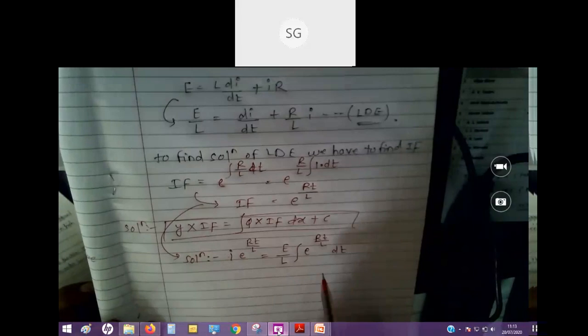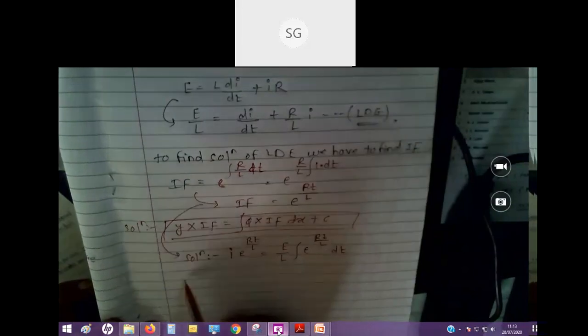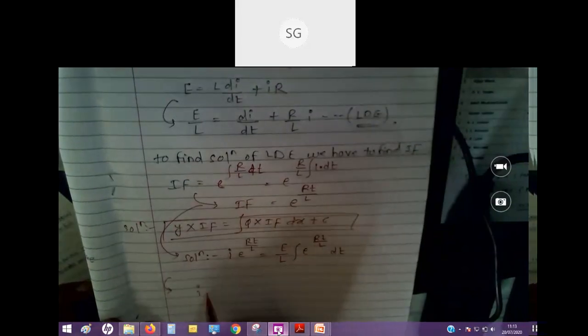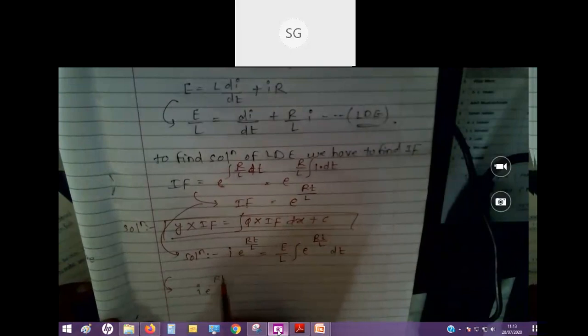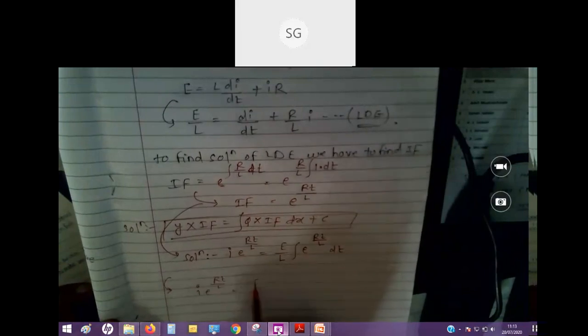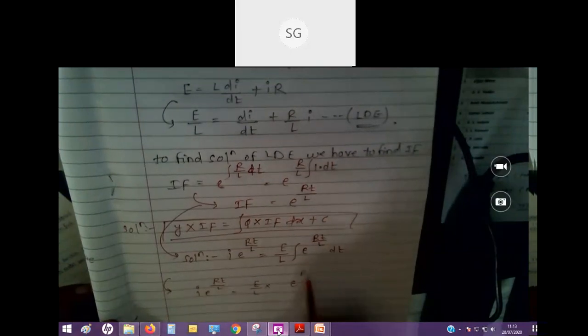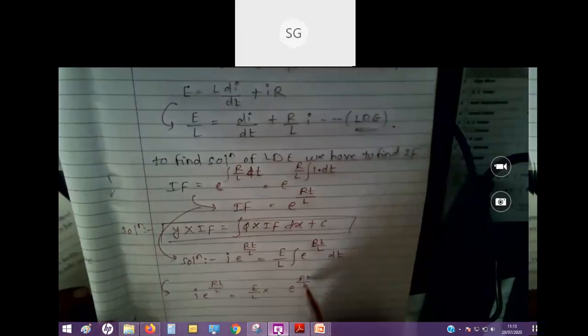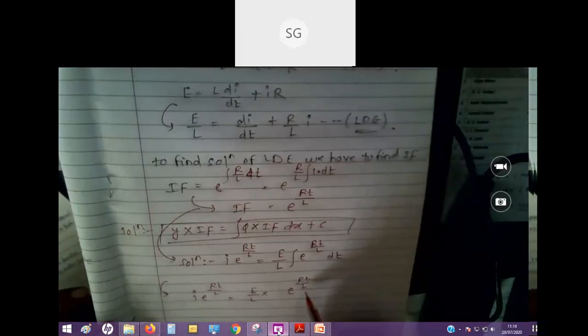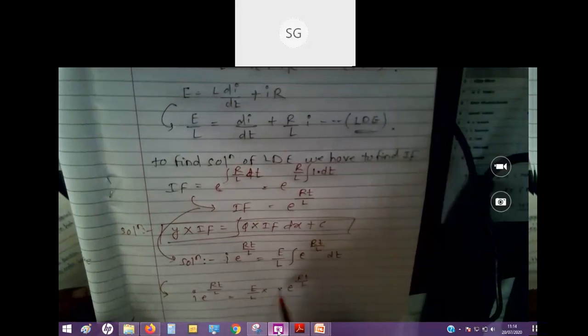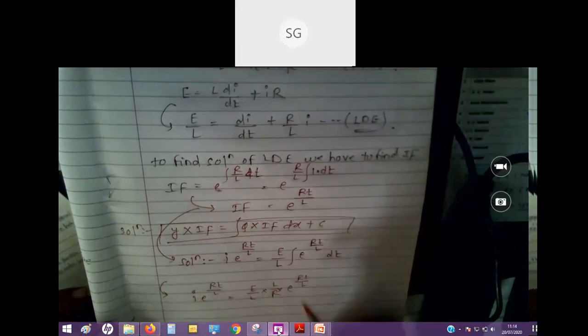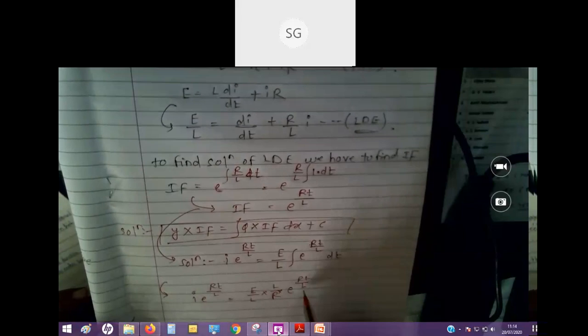Now we have to solve this equation. While solving, I am directly writing, very simple steps are there. So E by L into, this integration will be e raised to Rt by L. E raised to x has integration e raised to x, but whatever is with the t will be divided. R by L will be divided, that's why I am directly writing L by R. And plus